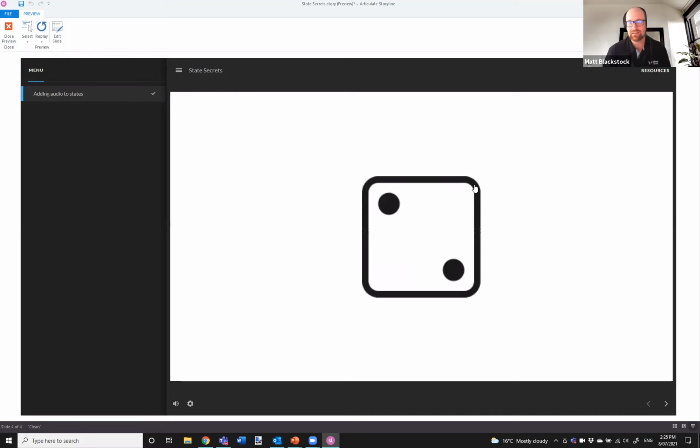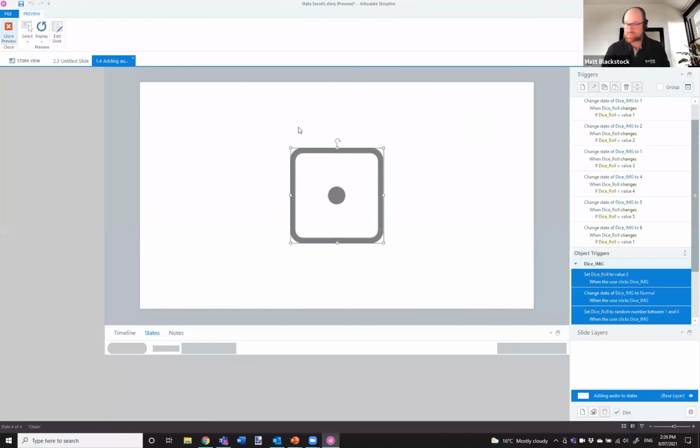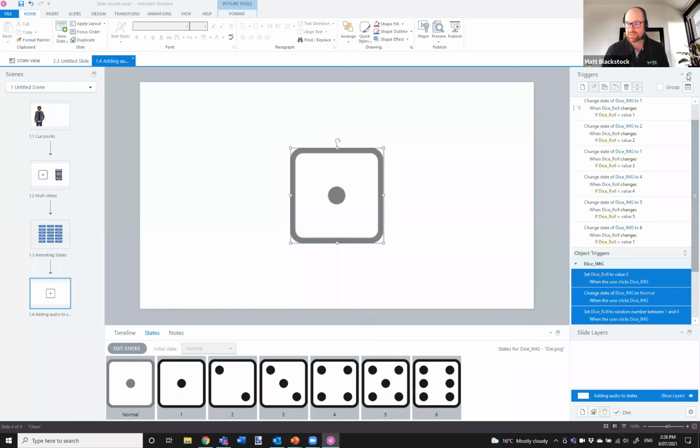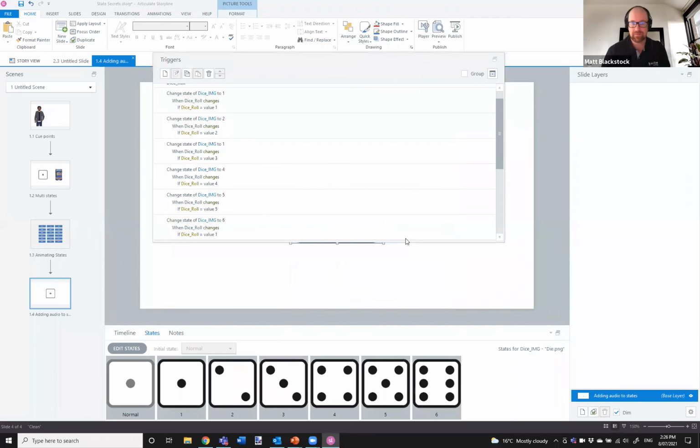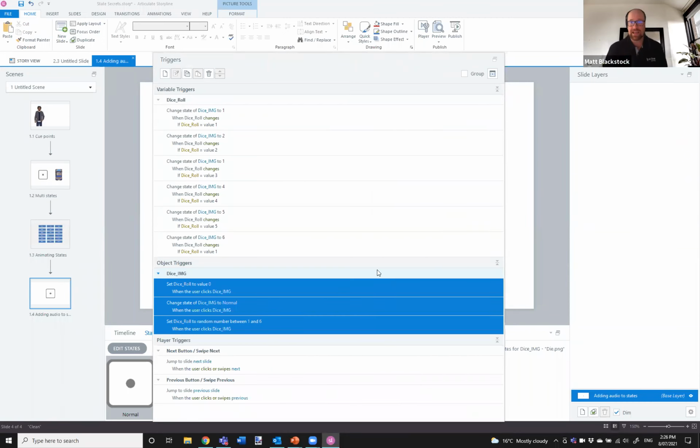And we can keep clicking as many times as we need to, and each time it will change and update as we see. So what I've done is I've just created the same thing we would normally do, and added the animation and the audio directly to the state. Now, this is the cool thing about it. I have no triggers here. I'll pop this out so you can see. There are no triggers telling Storyline to play that audio file. Because I've got the audio file directly inserted onto the state itself, it's just going to automatically play it when it changes to that state.